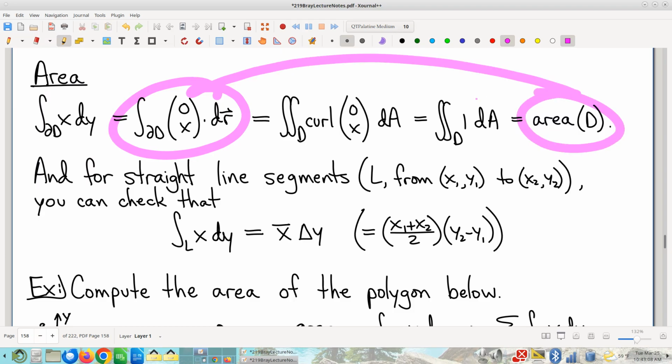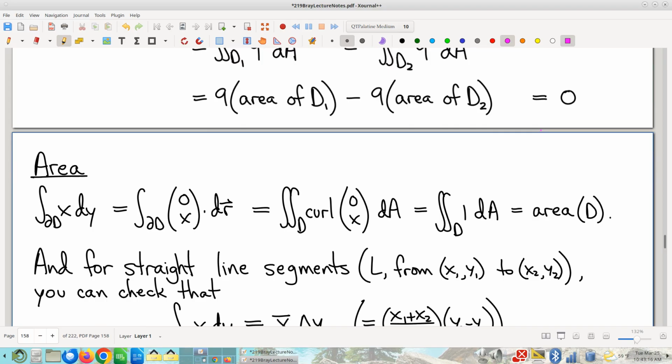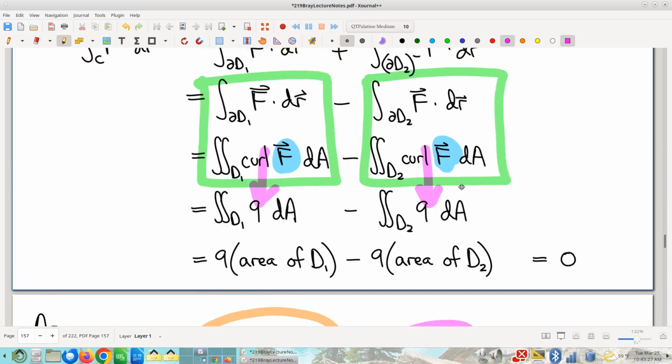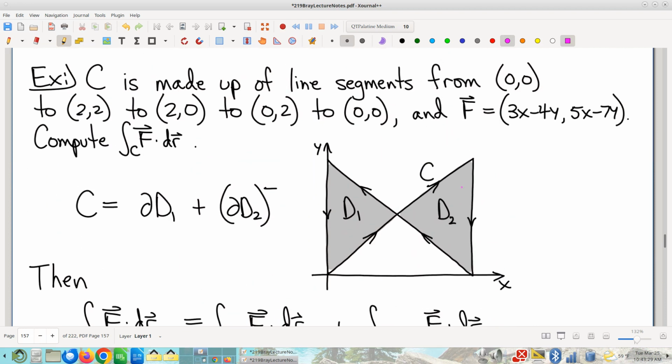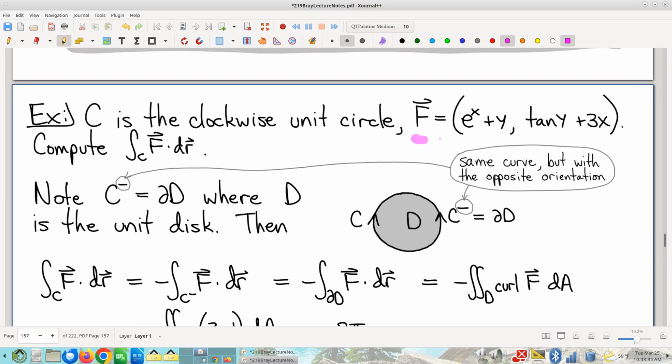Yes? Could you compare this integral that you're doing here with the one above and why this one gets area and that one something else? Oh, yeah. Because here I chose to use a very special vector field, special because it has this feature that curl is exactly 1. Now up here, in this example, notice I have a different vector field, curl isn't 1. And over here, I have, again, a different vector field and curl isn't 1. And that's why you don't get the area.